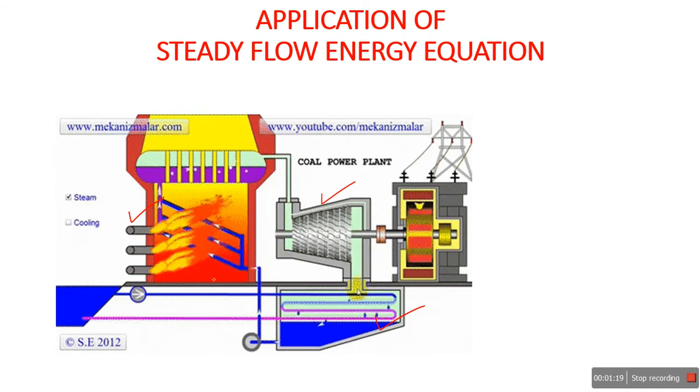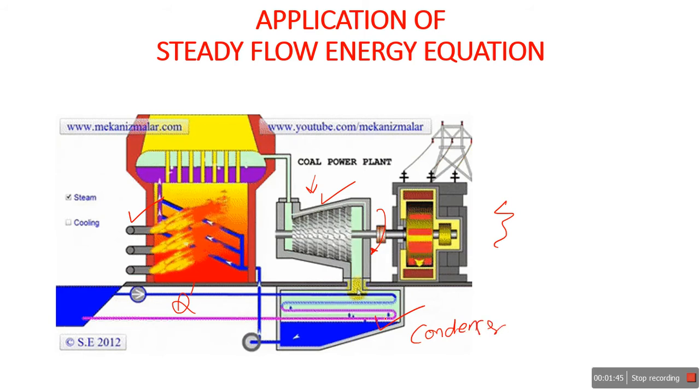In this animation, in the boiler we are applying heat, and the role of the boiler, we know, is to generate steam. That generated steam then flows over the steam turbine. From the steam turbine we get mechanical work that is utilized to generate electricity. After expansion, that low pressure, low temperature steam flows over the condenser, whose function is to condense that steam into water.